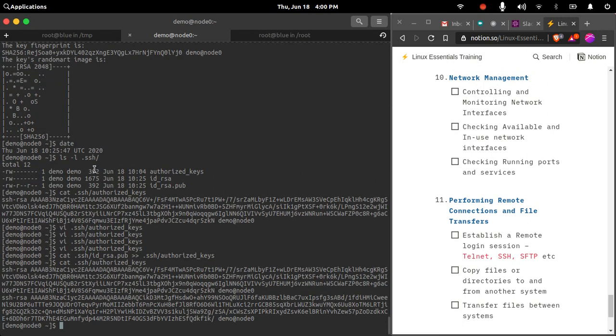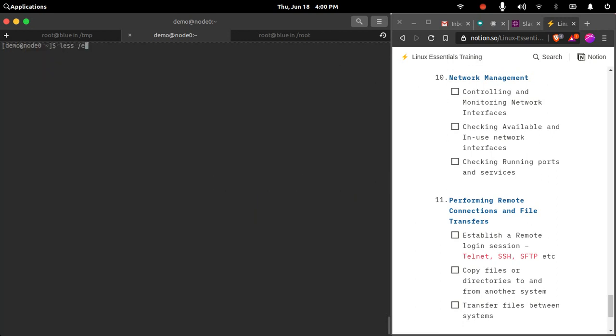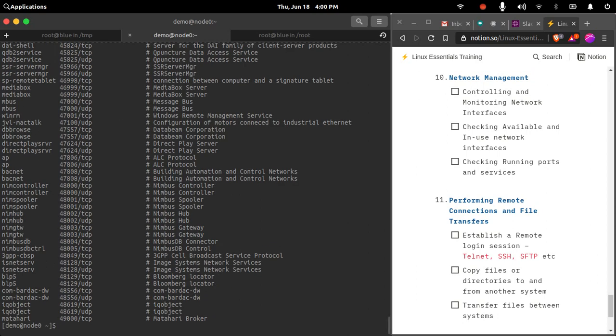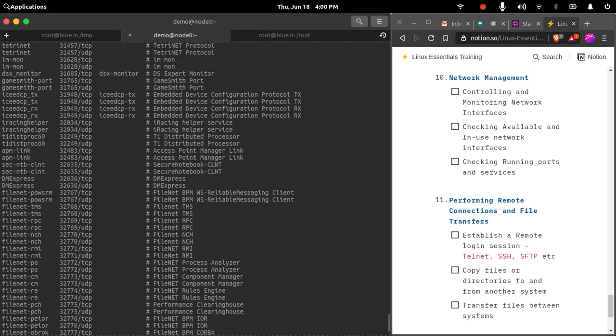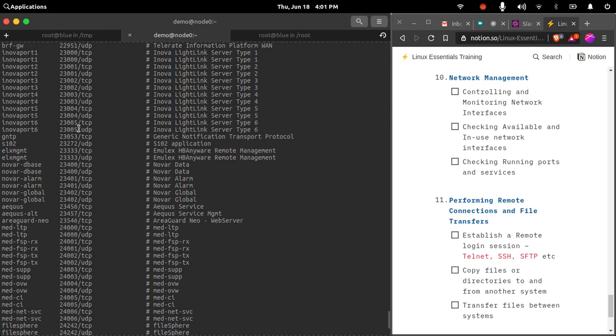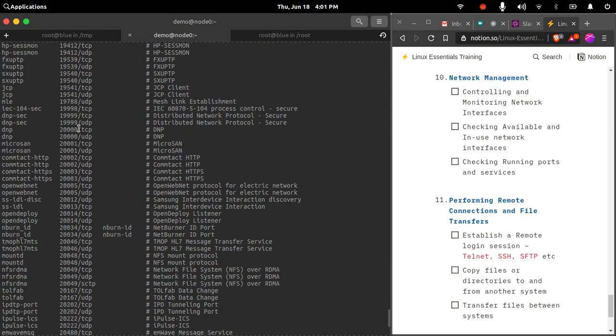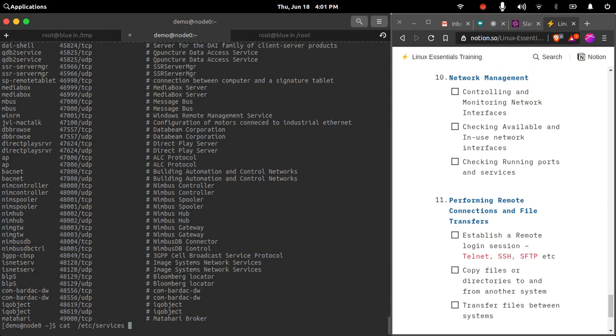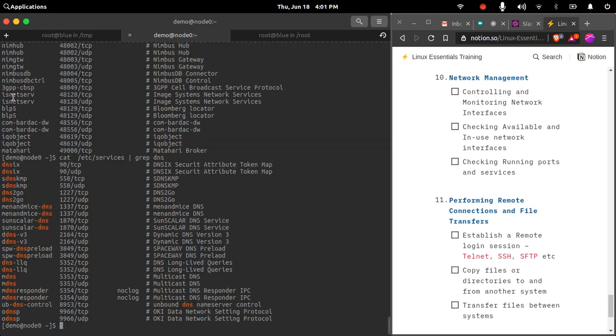If you want to know the default ports of different services, you can check the /etc/services file. The /etc/services file documents all the default ports for different services. Let's say if I want to check for DNS related ports, DNS will have these port numbers.